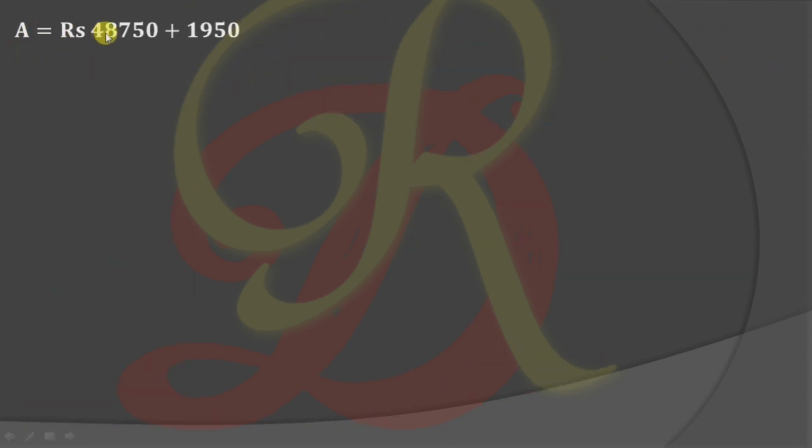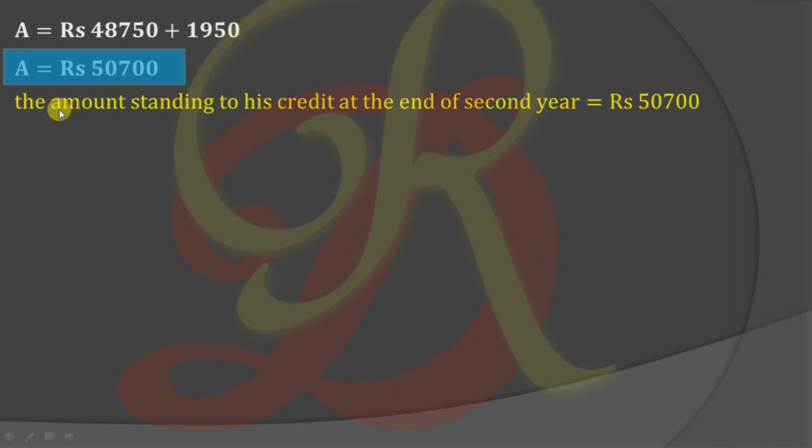So amount is equals to principal plus interest. For second year, principal is 48,750 plus interest is 1,950. So when I add these two numbers, I'll get 50,700. So this is the answer for sub number 2. The amount standing to his credit at the end of second year is equals to rupees